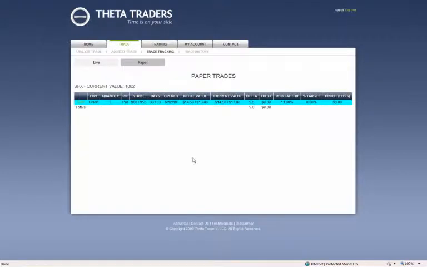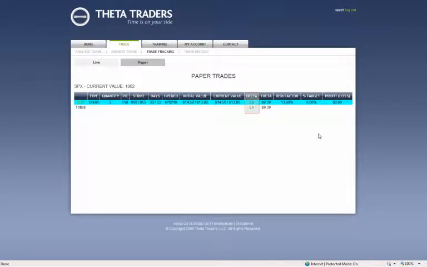You will want to view the tracking page on a regular basis because this page shows you how trades are progressing. Here is the paper trade that we just executed. The columns on the right are what you want to pay attention to. Here is the risk factor of this trade. As the market moves, the risk factor will change. If a risk tolerance is reached, then you may exit or modify the trade to a lower risk level. How to modify a trade to reduce risk and preserve profits, again, is taught extensively to members.